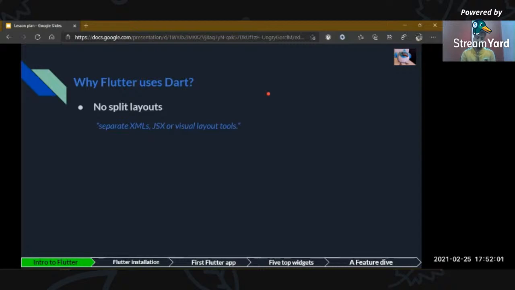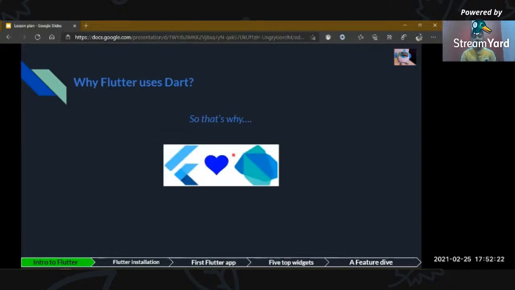So you can manage everything in one file, of one type. So that is the thing which is not required anymore. So that's why I said Flutter loves Dart.